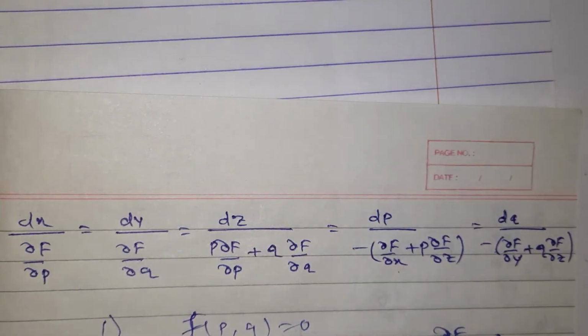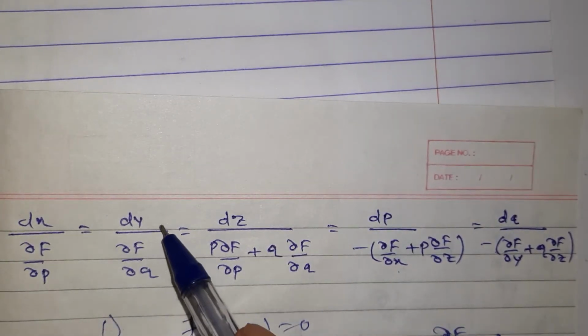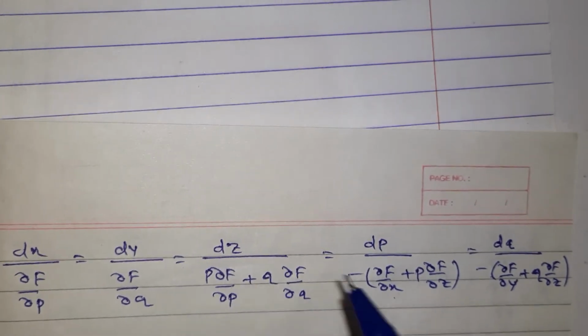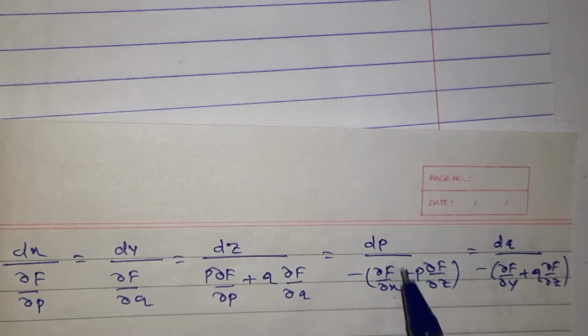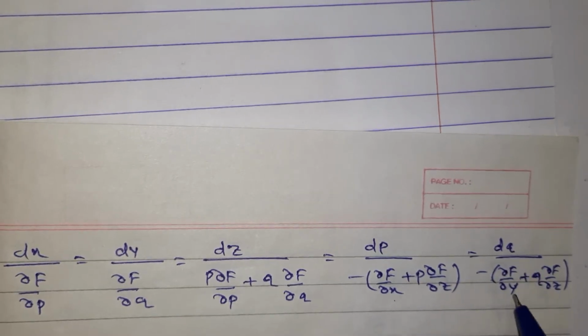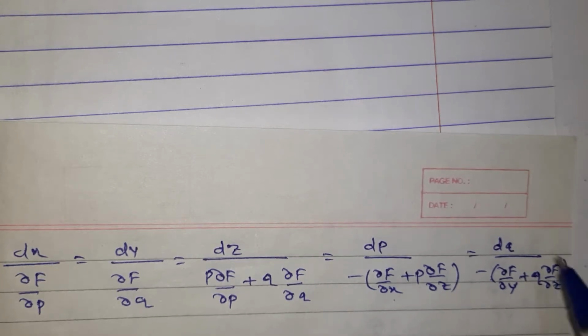dx upon ∂f/∂p is equal to dy upon ∂f/∂q is equal to dz upon p ∂f/∂p plus q ∂f/∂q is equal to dp upon minus (∂f/∂x plus p ∂f/∂z) is equal to dq upon minus (∂f/∂y plus q ∂f/∂z). These are the equations, which we call the subsidiary equations, and using these equations